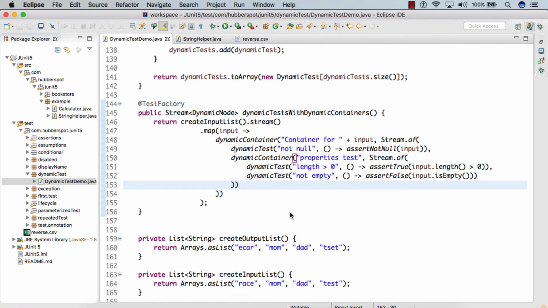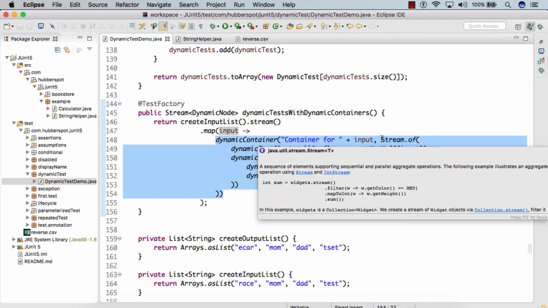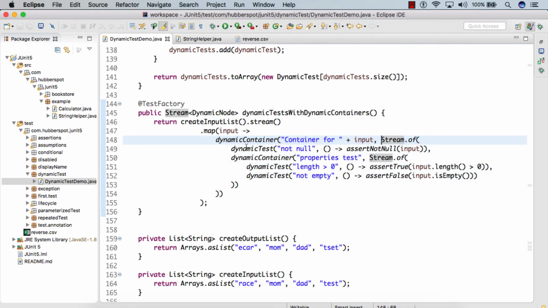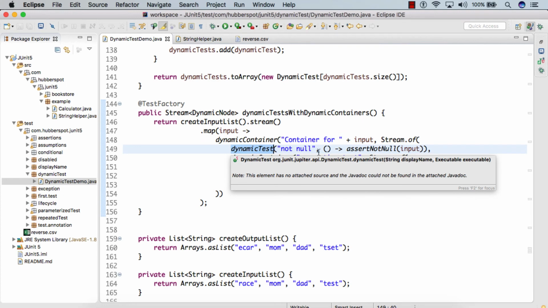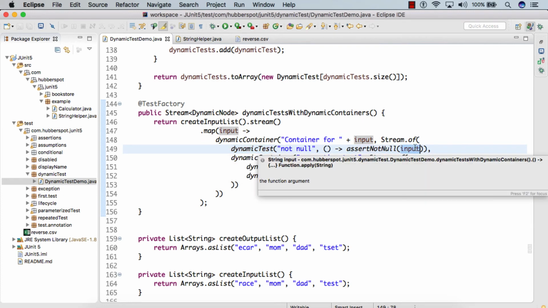So friends, here you can see that from the list of input strings, we created a stream. Then we mapped each and every input like race, mom, dad and test to a dynamic container. And inside the dynamic container, we provided a stream of first a dynamic test. We simply tested for not null for the input string.